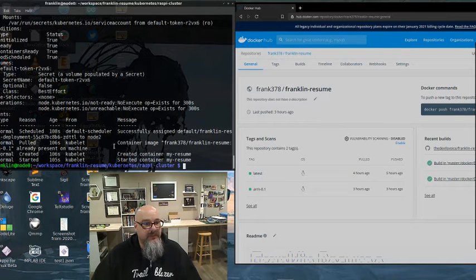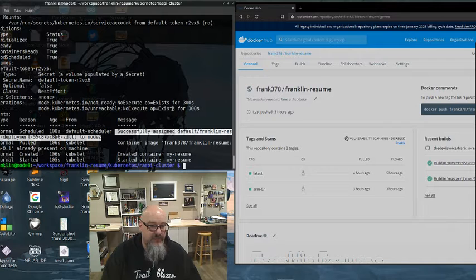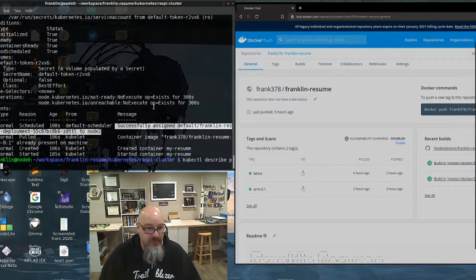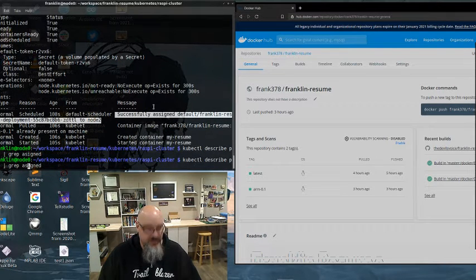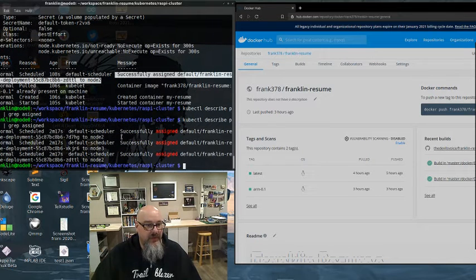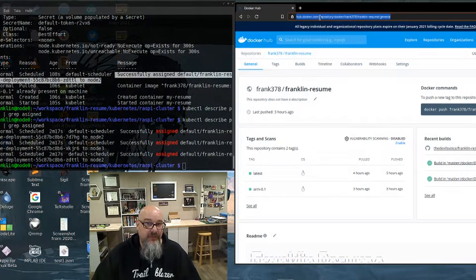So this tells me that the application running in the container is running on node 2. Let's try this. Oh, I don't know why that didn't work. Oh, because I misspelled that word. There we go. So now we can see 2 instances are running on node 2 and 1 instance is running on node 3. So if everything worked, I should be able to now navigate in my browser,